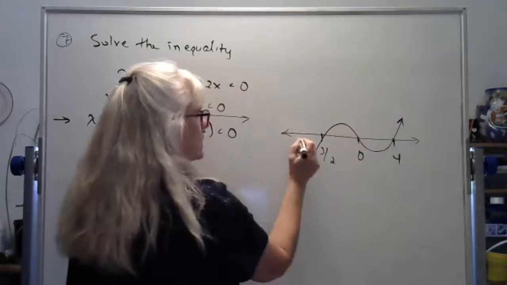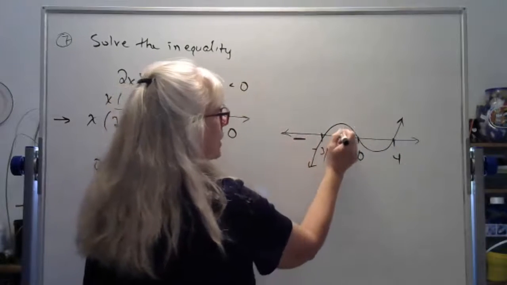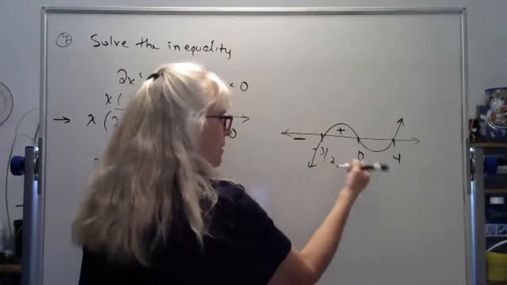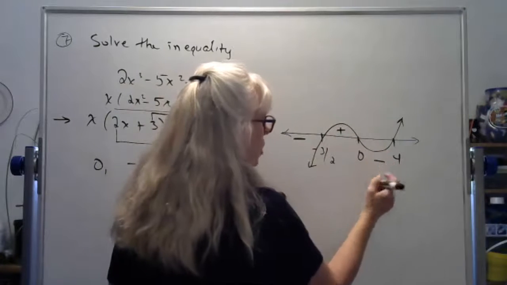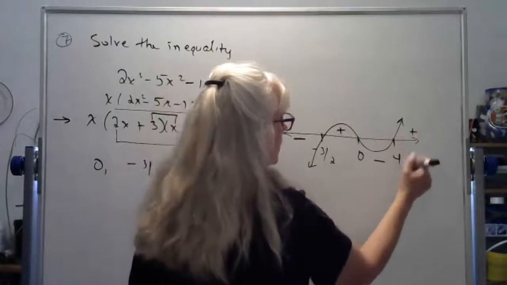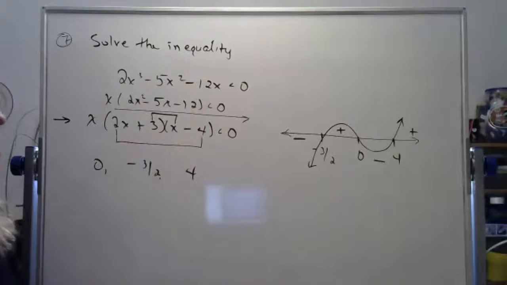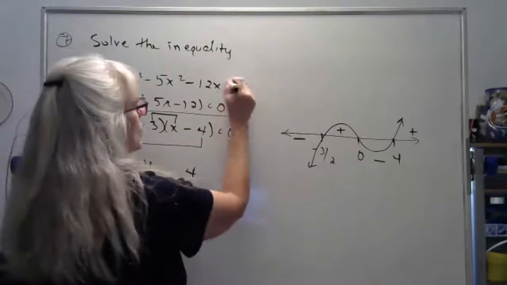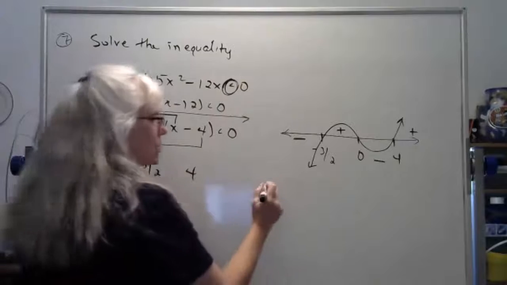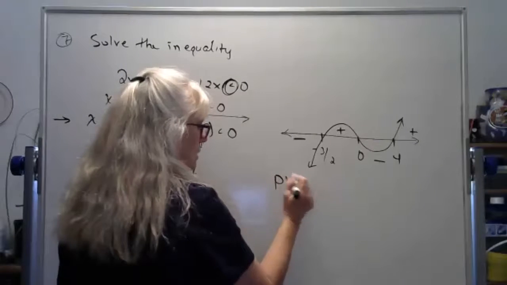So what we're saying is it's below over here. It's above between -3/2 and 0. It's below between 0 and 4, and it's above between 4 and infinity. So the inequality is asking us, where is this thing less than 0? So we're going to pick the regions